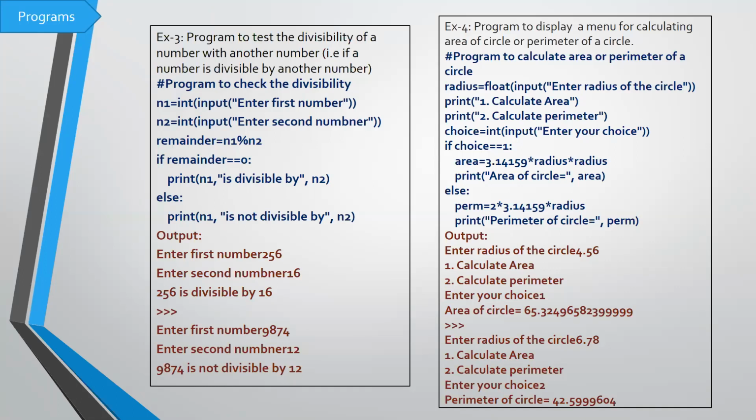So that is from the math module, which we will discuss later. Now I have just hard coded the pi value, which is 3.14159. I'm just typing the formula and then printing the perimeter of the circle. This is how you have to come up with the solution. When you are asked to write a program, what is the input, and how can you give the solution to the problem. Let me execute this program so that you will understand better.